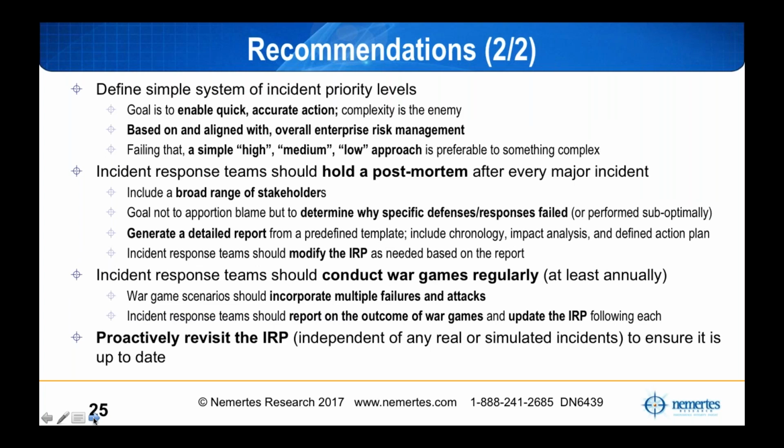And second set of recommendations, try to make your prioritization as simple and as effective as possible. Think about aligning with overall risk to the organization. To answer the question, how bad is it? Ask yourself, how much risk does this expose us to, and of what sort, and how broadly? And that should get you to your high, medium, low, or whatever your